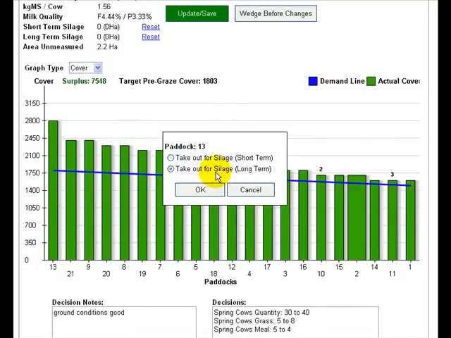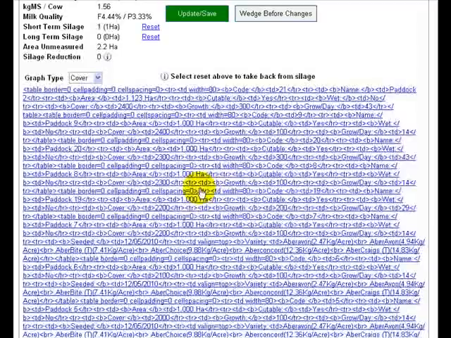If you take out a paddock for long-term silage, then we assume that it's out for quite a period of time, and the area that has been excluded is excluded from the grazing block, so your livestock units per hectare will increase because of that. So in this case, I'm thinking of taking it out for short-term silage. You just put in a plan to take it out for short-term silage. As soon as you do that, the wedge will